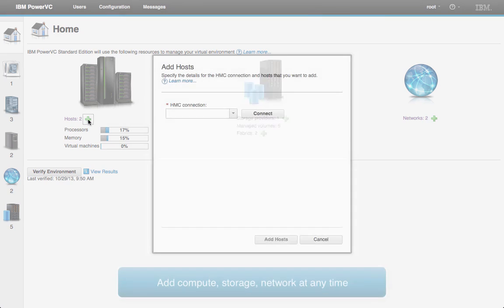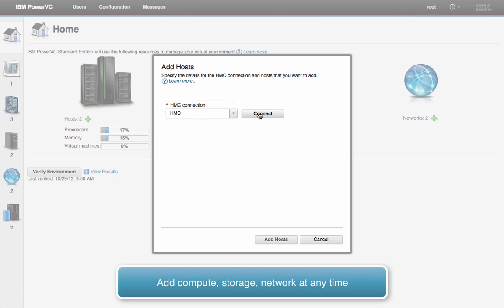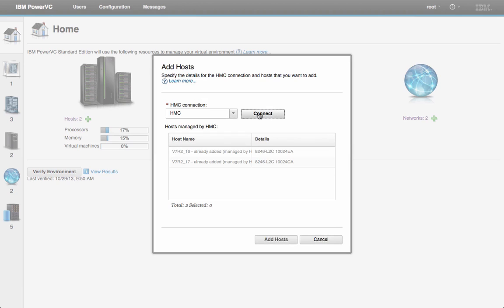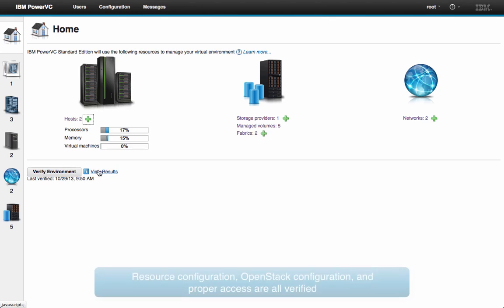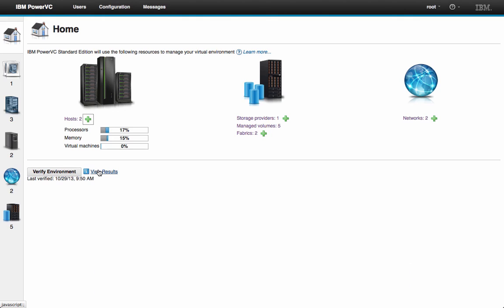Adding new hosts is a simple 4-click action where I can connect to any HMC I want, select the managed systems I want Power VC to manage, and click Add. Once my resources are added, I can select Verify Environment. And this is where Power VC validates all of my configuration across the resources, makes sure it's correct, and ready